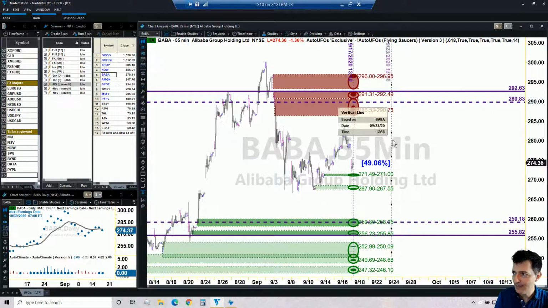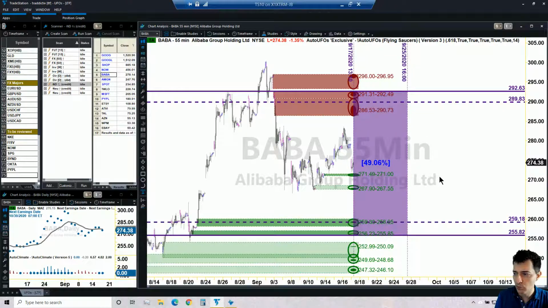Now, 925 is right here. So let me be visual with 925. This is 925. And therefore, the bet in that particular case would be that the stock, we don't really care where it is going. We only care about the stock remaining in the purple area. And as long as the stock remains in the purple area, starting today, all the way until September 25, then this trade would be profitable.